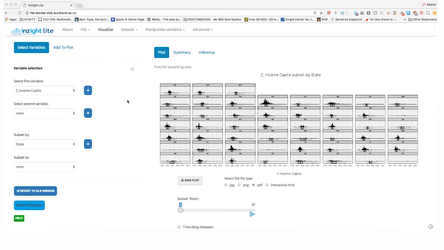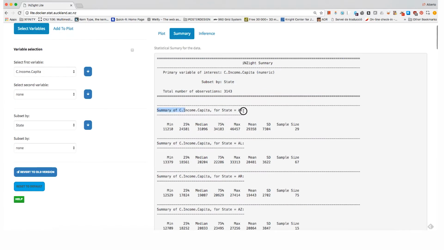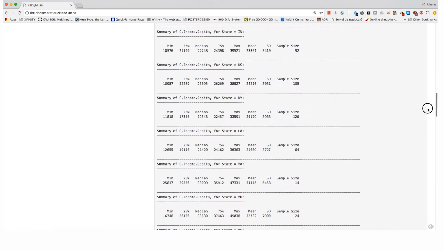Before I proceed, though, I would like to show you what has happened on the summary menu. Remember that before, when we just plotted the variable and we clicked on summary, it gives us the average, the median, the mean, the quartiles, the maximum value, the minimum value. If you subset your data by state, as we have done over here, and you click on summary up here, see how great this is. This will give you the average, all the summary statistics per state. Okay, so you will get all the values per state here in case that you want to consult them.